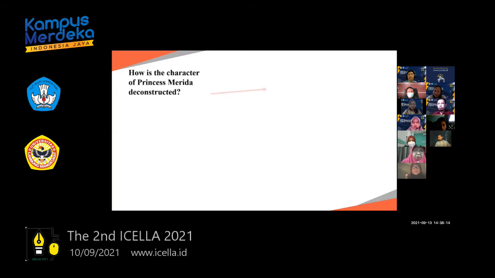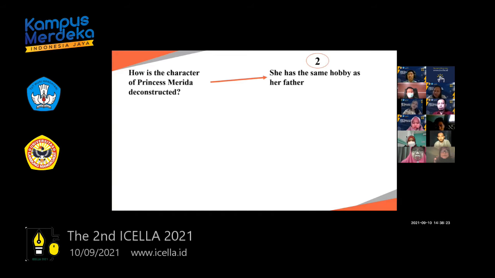While the second, we can see from the movie, she has the same hobby as her father. So a common princess should be the same as the queen, but here it's different. This Merida is portrayed having the same hobby as her father. As a princess, she has so many rules.